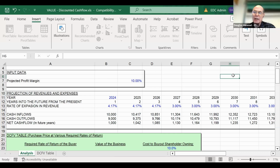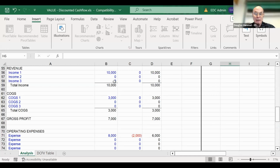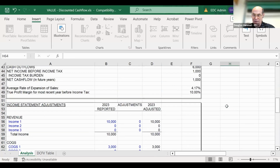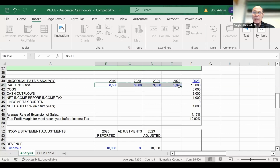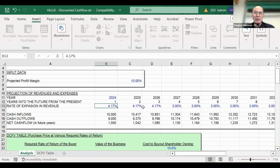Also, when you're negotiating, it's very good to do this valuation with the buyer and the seller if they're amenable to it, because you can sort out all of these issues one at a time with both of them sitting in the same room. The buyer and the seller can question these adjustments so that the buyer in particular is ready to verify that these are the real numbers, that they can question any rate of expansion of sales, especially if they're anomalous, like very high and very low. And they can question this rate of expansion